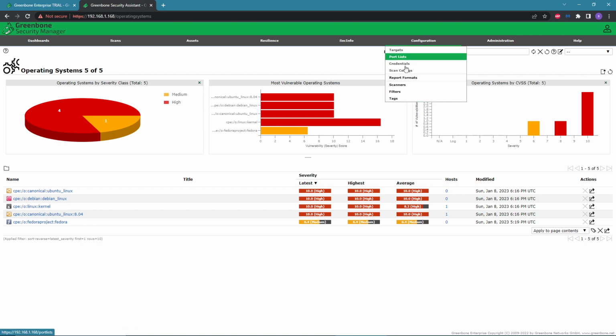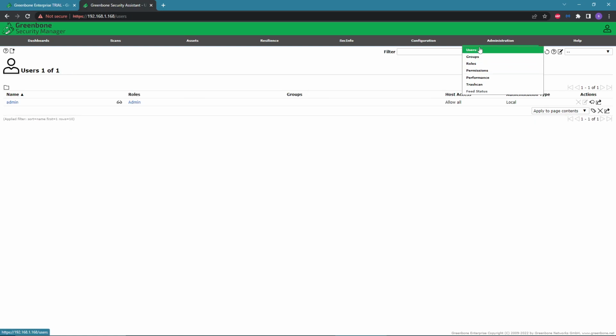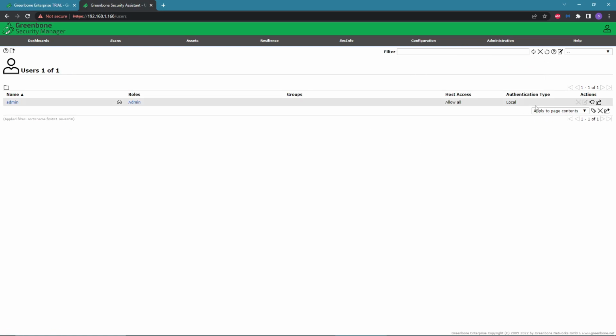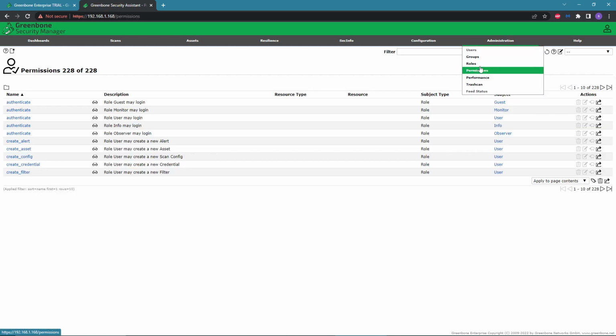You can also configure scanners. As we saw earlier, there's two scanners you can use: OpenVAS as the default, which is what I was running, or CVE. You can also create groups, users. I don't think I can in my free trial, at least I haven't tried yet. Create permissions